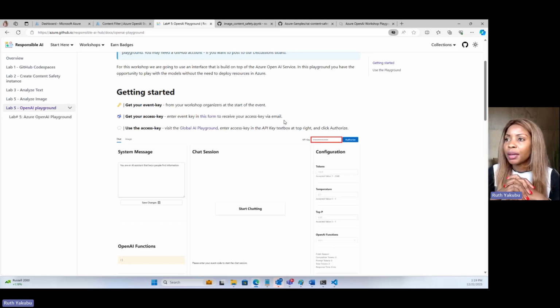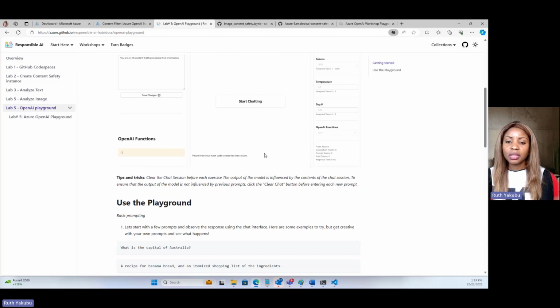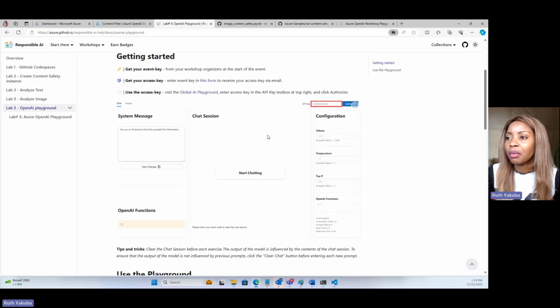But what our team has done is create a playground with the capability in the background for you to be able to use in this interface